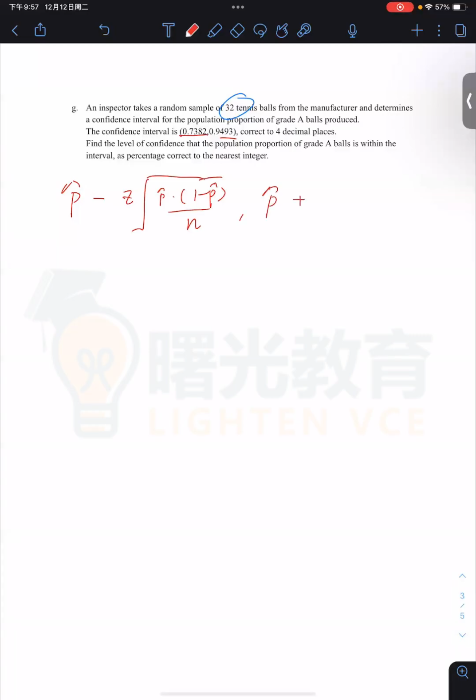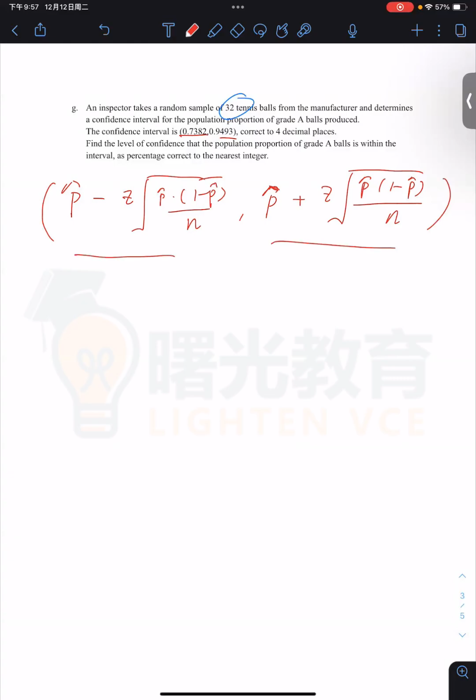And the upper bound is p hat plus the standard normal distribution z-score times the square root of p hat times 1 minus p hat out of the sample number. So in here, we can see the lower bound and upper bound added together is double of the p hat. So 2 p hat would be